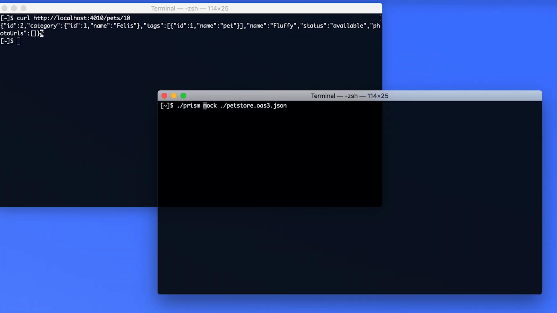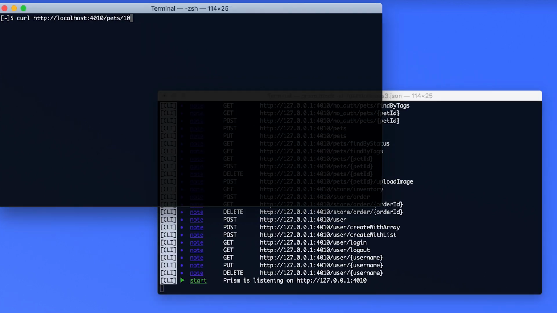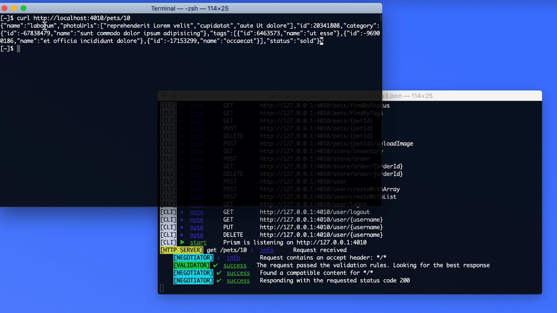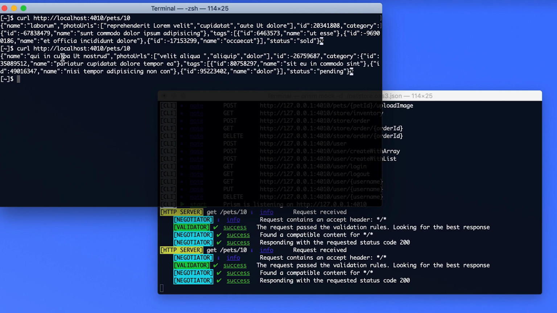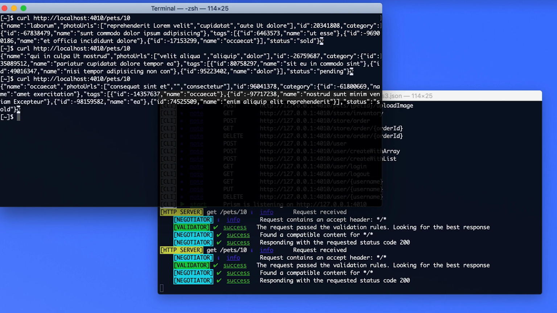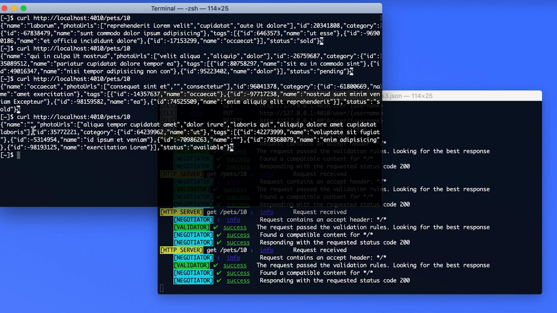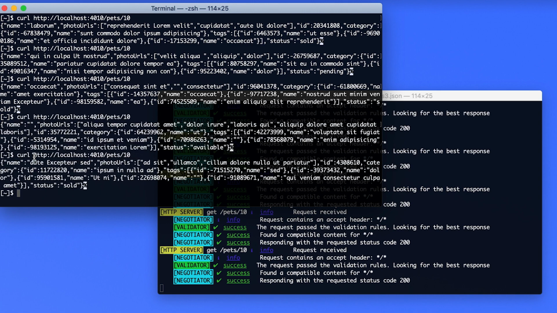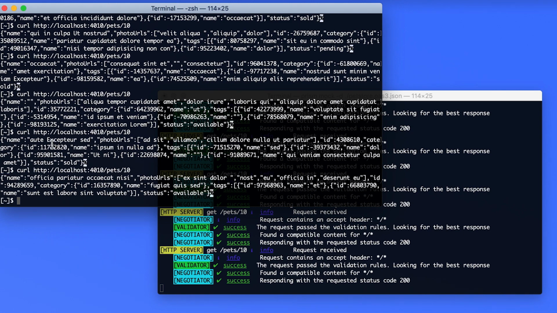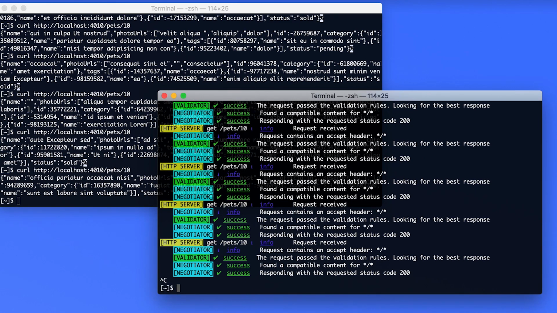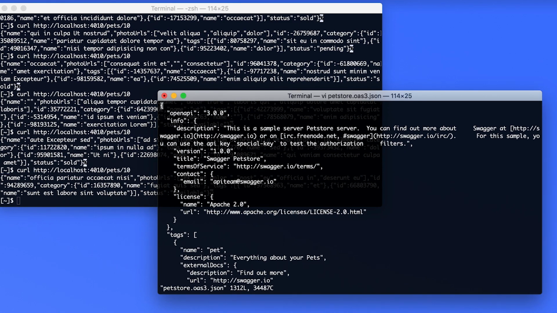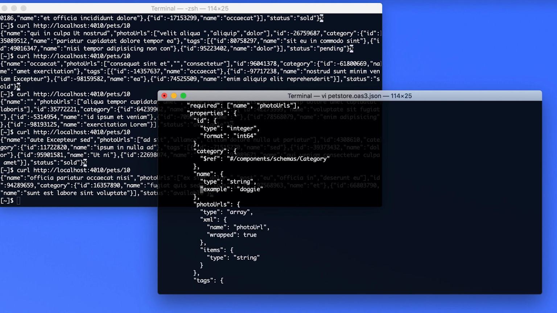Next, I will run the Prism mock command with the dynamic flag. Like last time, I'll curl for a response, but this time I'll do it a few times. You can see that Prism can also generate dynamic examples following the schema associated with the requested response. This helps your team work with different sets of data and predict edge cases that are hard to spot with static examples. You can also instruct Prism to generate a specific example using an OpenAPI extension.